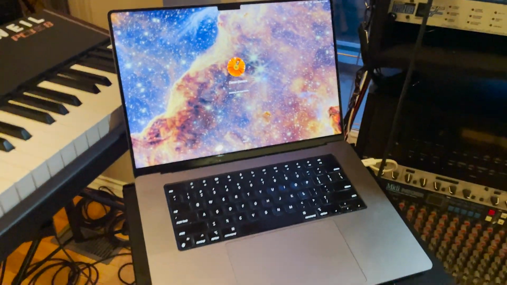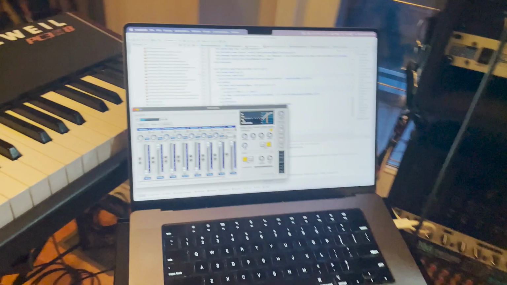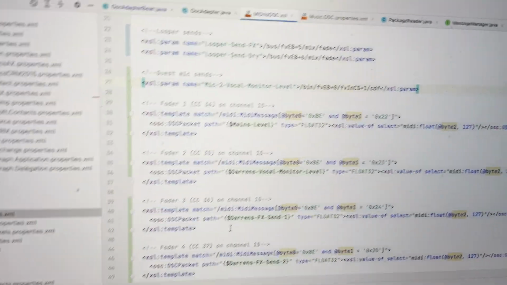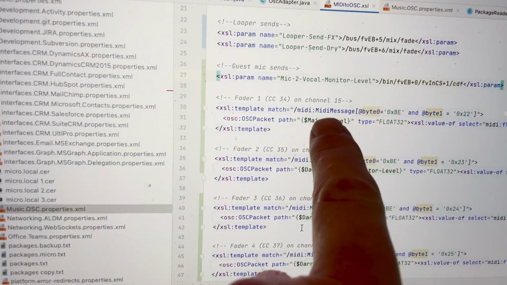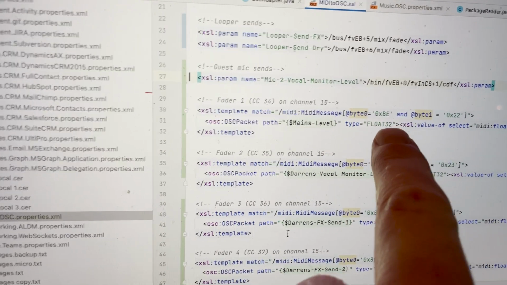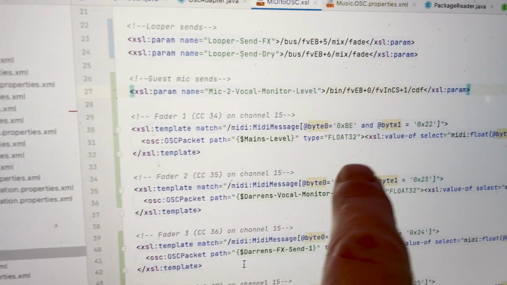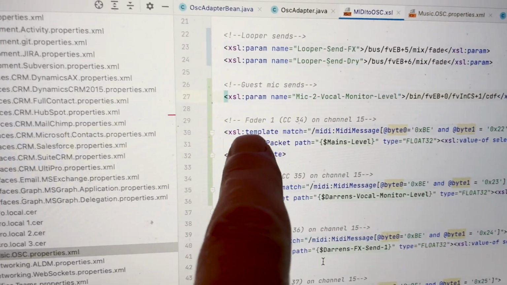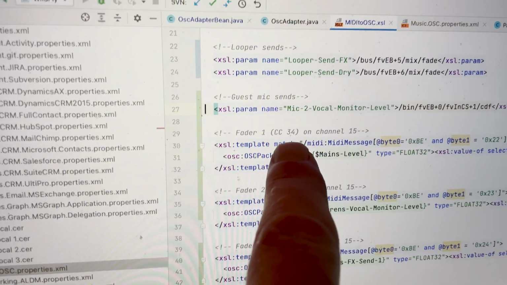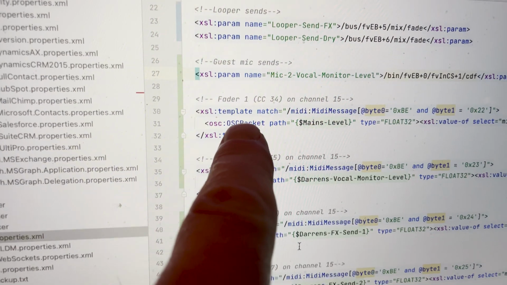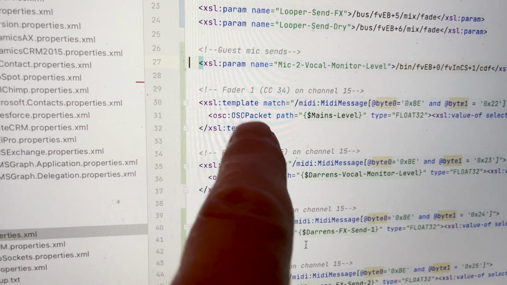Okay, so we just got this thing working in Avato here that I want to show you. And so it basically works like this. There's a transform here where we have an XML dialect describing MIDI messages coming in and an OSC message structure for messages going out. So what this says is when I receive fader 1 MIDI messages on channel 15 through MIDI, then I'm going to send that to OSC, convert that into an OSC message, which actually will drive my